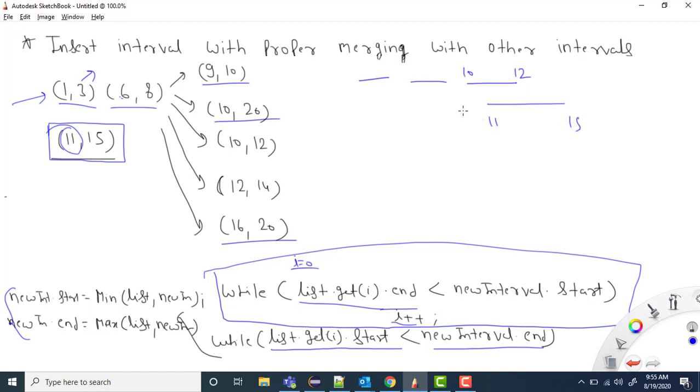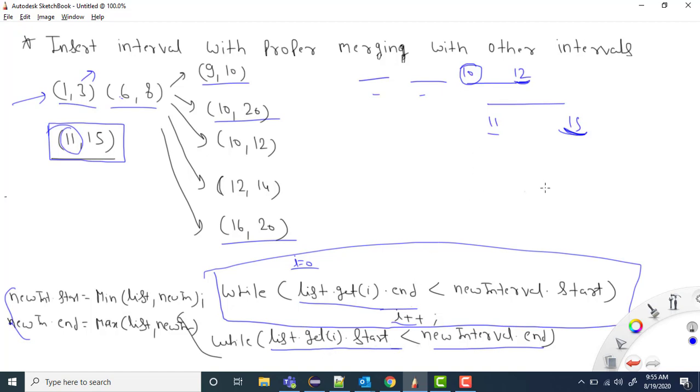As usual, we'll move from here. For this case, this is not overlapping. So we'll check that if this end value is not less than the start, that is, this end value is greater than the start, it means this is overlapping, right? So if it is overlapping here, or if there is a break, then we again check if the list value is less than the end of this value. So yes, this is the end, right? Because it is matching this condition.